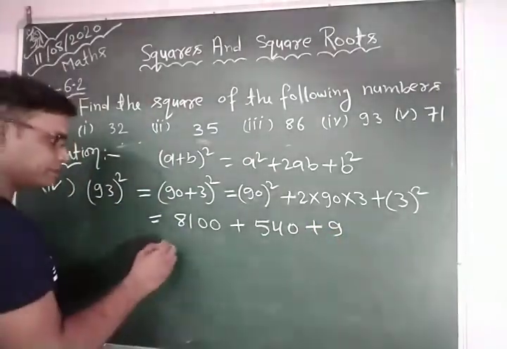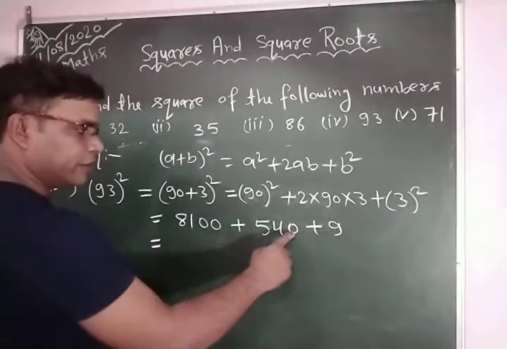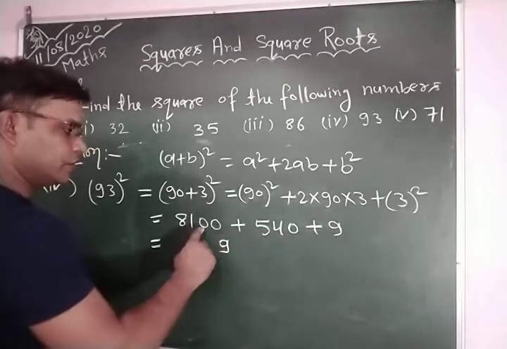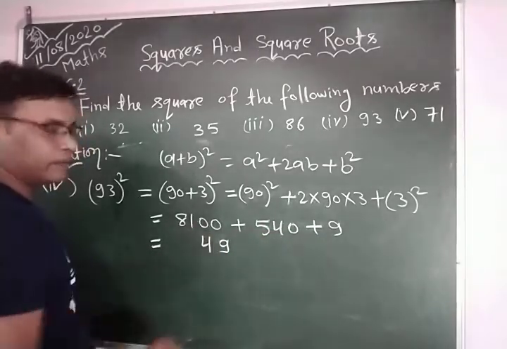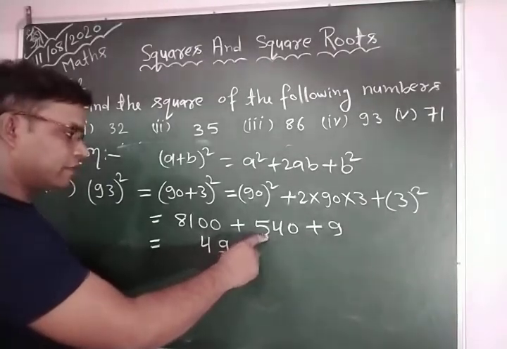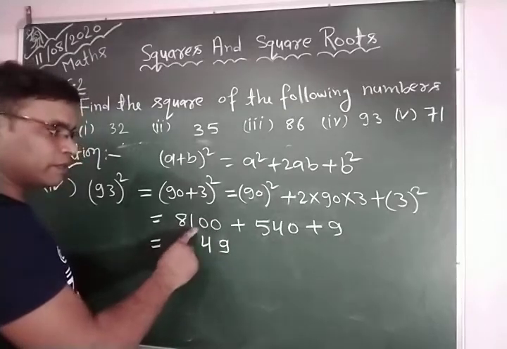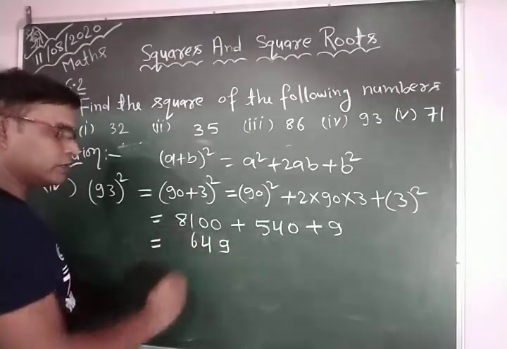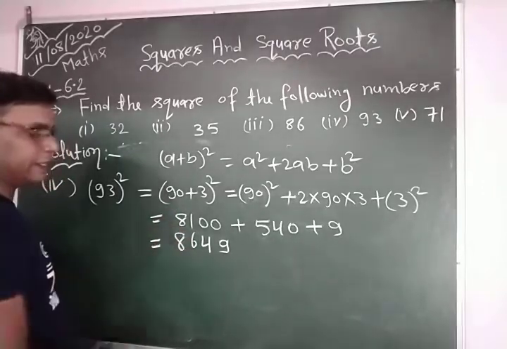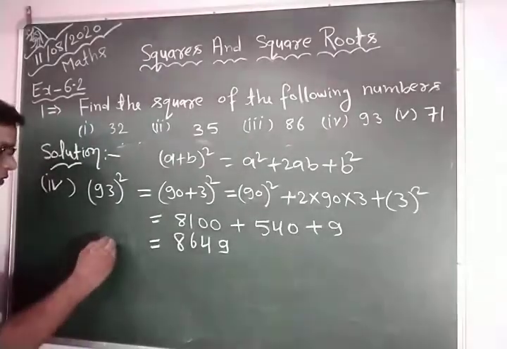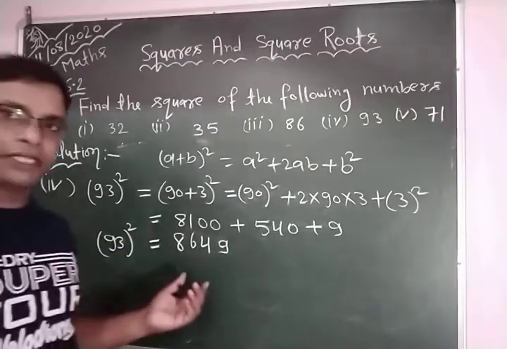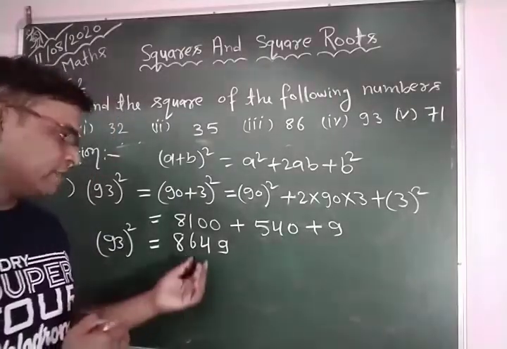Clear? So you can write 9 plus 0 plus 0, this is equal to 9. Again 4 plus 0, again this is equal to 4. We sum the 100 place digit, 5 plus 1, this is equal to 6. And here 1000 plus, this is only 8, so you can write here 8. Okay, so in this way you can find square of 93 without actual multiplication. This is equal to 8649.